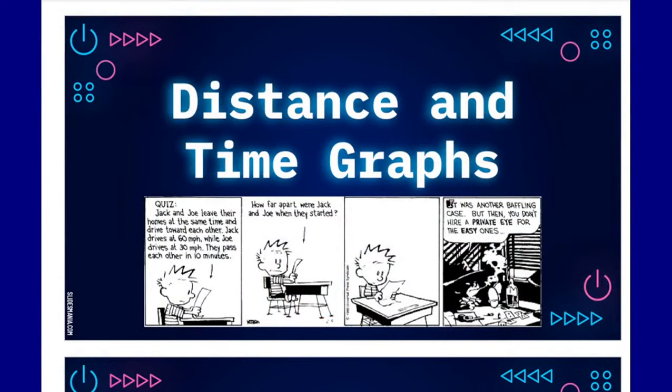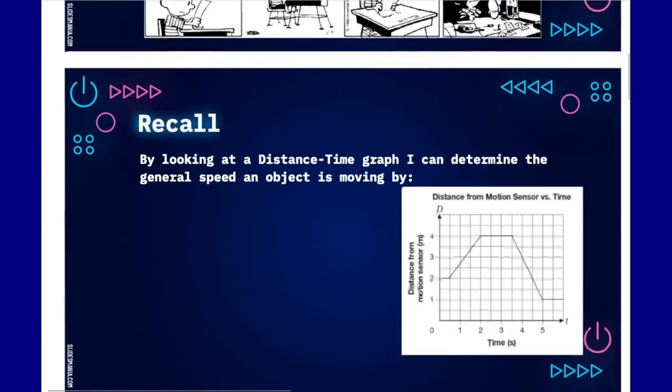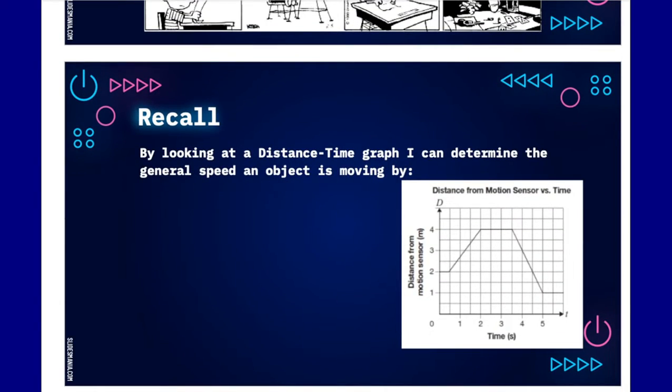In today's lesson, we are going to be looking at distance and time graphs. This is going to be an extension on the kind of investigation that we did the other day, where we were looking at how movement could create graphs. So now we're going to be looking at them a little bit more specifically. But just to recall a bit, by looking at a distance time graph, we can determine the general speed an object is moving by. And if we were to look at this graph here,